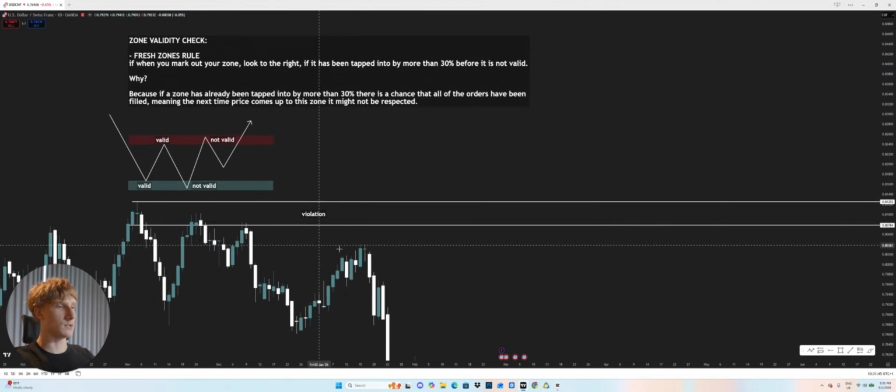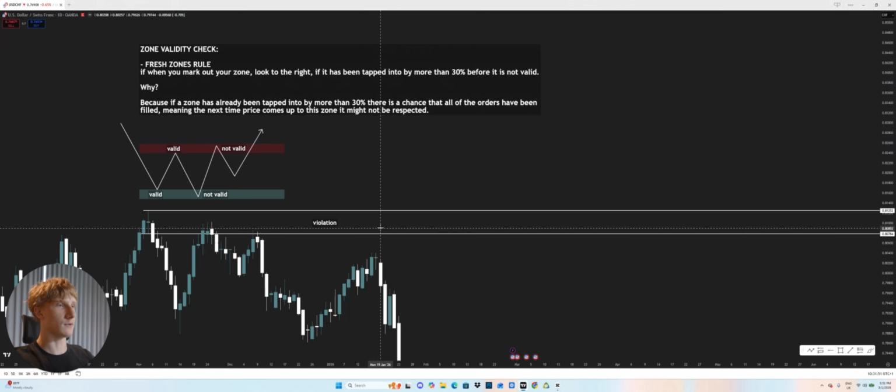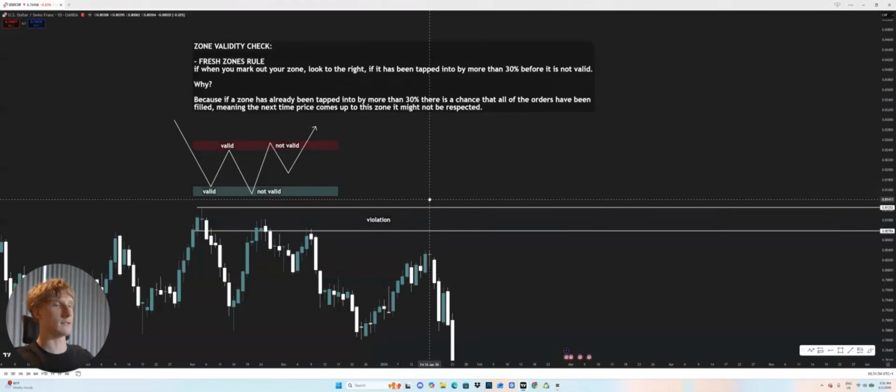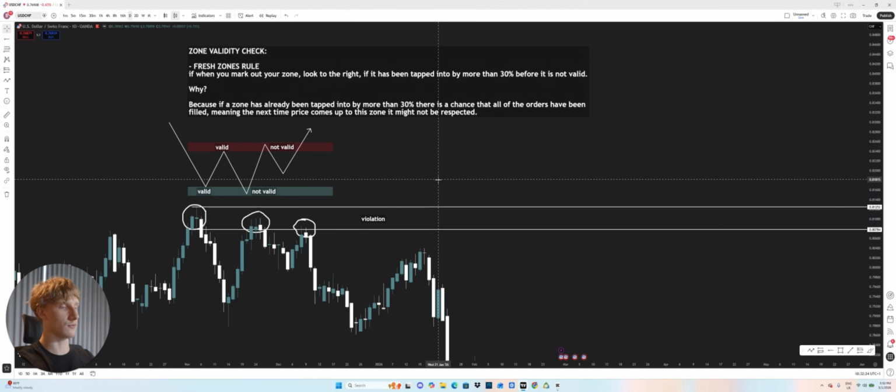So what does that mean for when price comes up to this zone the next time? Well, it lowers the chances that price is going to react off it, that price is going to respect it. Why is that? For example, let's say an institution wanted to enter a total of 3 billion in sell orders. They enter their first billion here. They then wait until price comes back up and enter their second billion here. Now they enter their final and third billion here. So what does that mean? Next time price comes up to this level, there are no longer any resting sell orders, so price could very well just go through it. Just like this example that I put on the screen right here.